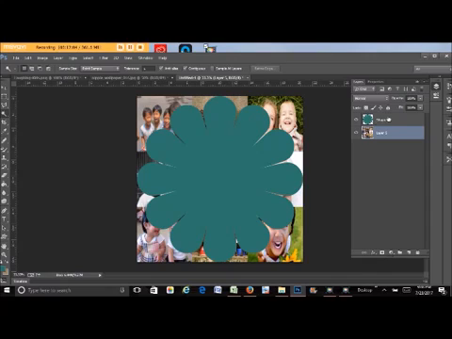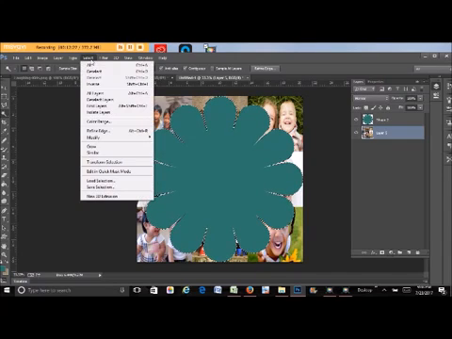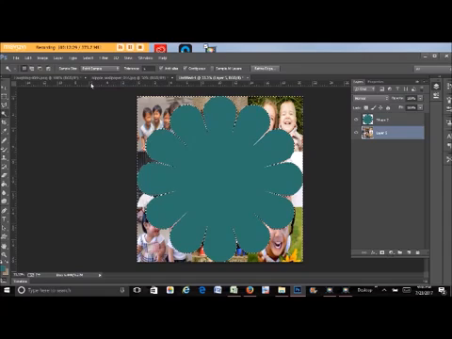Now I'm going to make sure that I click on shape so that I can highlight the shape. You'll see here that you have those running lines highlighting the shape of the flower. Then I'm going to click on the underlying layer, go to Select, Inverse,